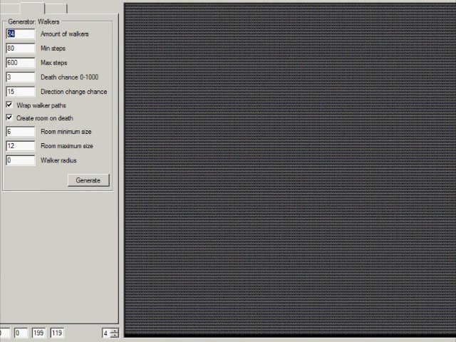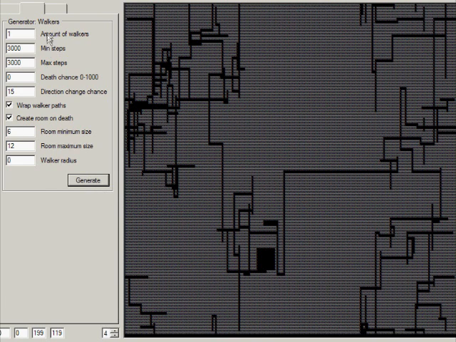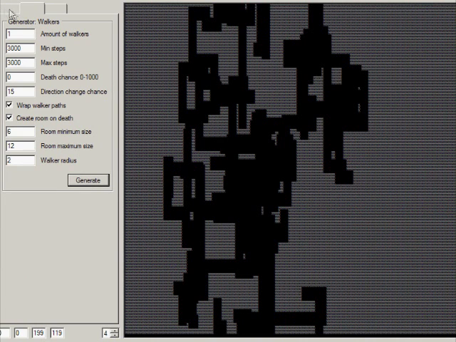Let me show you a quick example. Here it is. All of the paths are connected, not to one another, but all the individual paths can be reached. So we can change the number of walkers. We can have more of them, or we can have a single walker, for example, an invincible walker, that takes 3000 steps. We can also change the radius of action. For example, this is a bigger walker. We can also combine